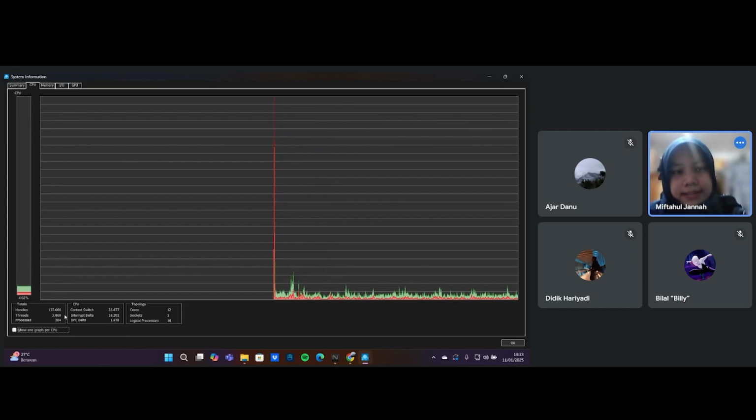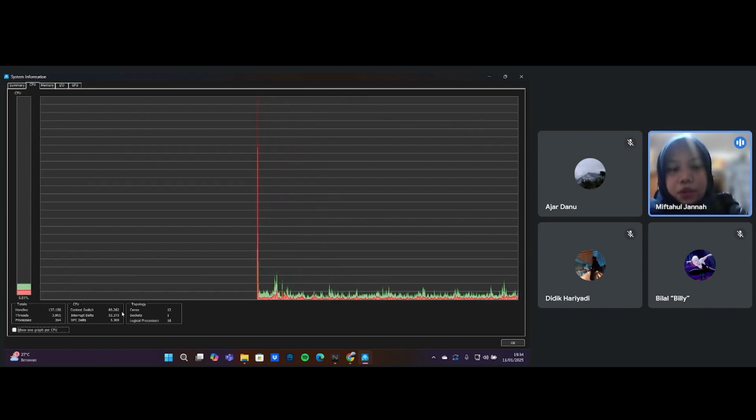And processes shows the number of active processes or programs that are running on your computer. Every program that runs, such as a web browser, word processing application, or game, will be a process.